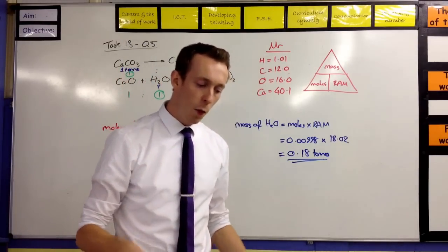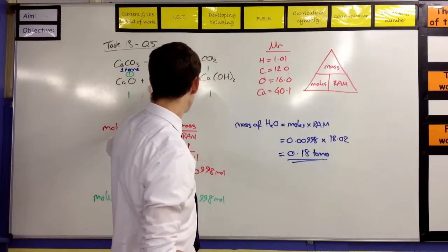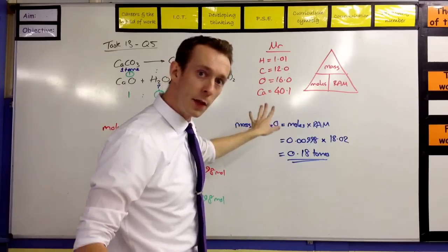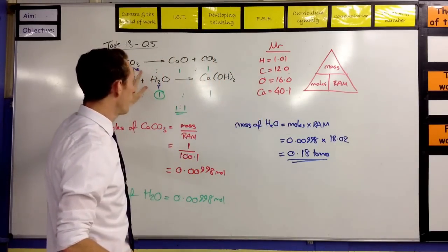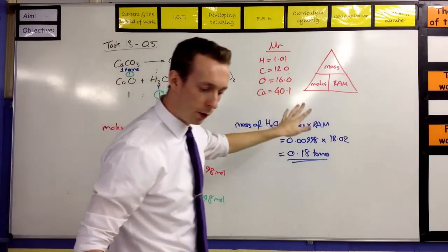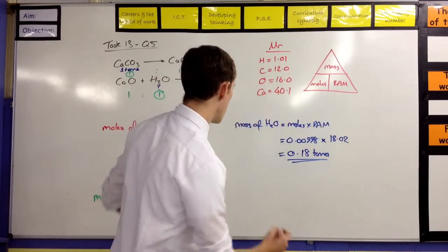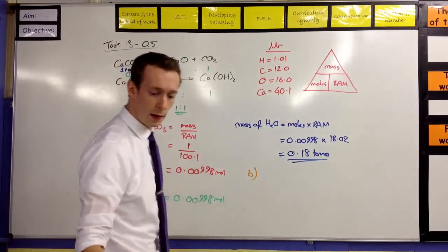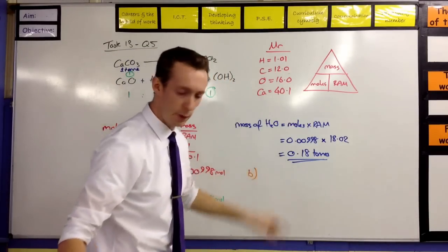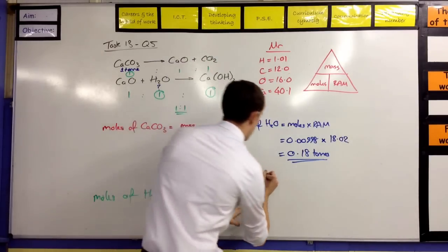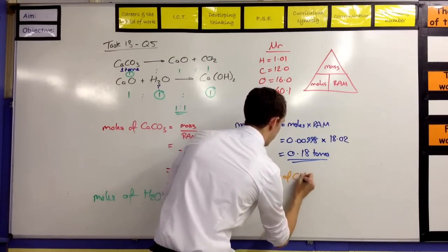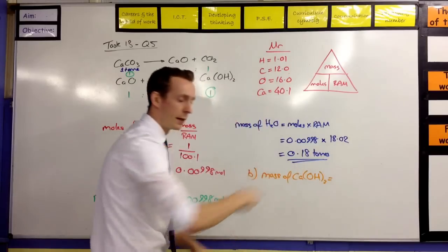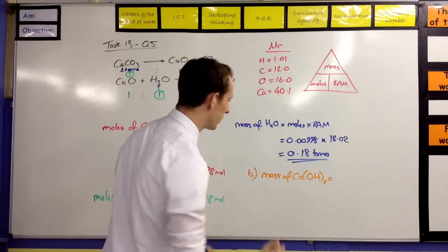Right, okay, part B then says, what mass of calcium hydroxide would you ultimately produce from 1 ton of calcium carbonate? Now this is much easier than it first seems, because we know how many moles of it we have. We've got 1 ton of that, okay? So we're going to go across here now, and that was all part A. Part B then. Again, we know how many moles of this we've got, and it's still the same ratio, so we're still talking about the same number of moles. So in this case, the mass of calcium hydroxide is going to be equal to, I'm going to write it down here in case you can't see on the screen,